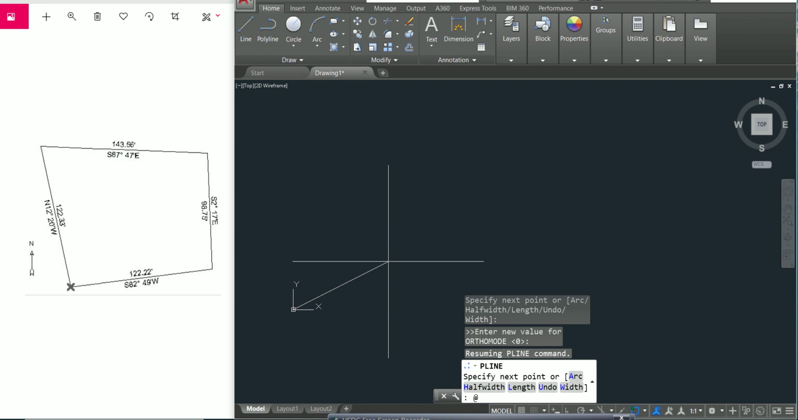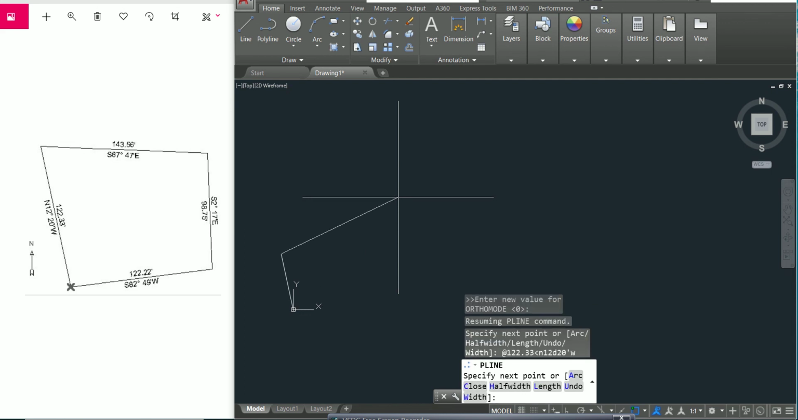Then first is the measurement na haba nung point. So 112.33. Then next, and don't forget always yung symbol na yun, okay? Even naka-dynamic input kayo. North, 12 degrees, 20 seconds, and west. Then, yan. So, next is @, again, dire-diretso lang,